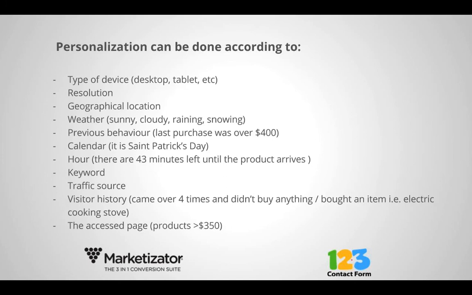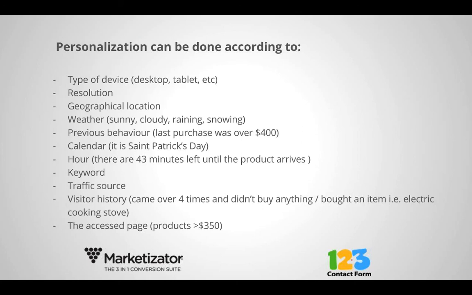There are many ways to personalize the experience of the visitor. You can use the type of device, the resolution, the geolocation. You can even use the weather. In Marketizator, you can use the weather conditions so that you can use the context, because the context is affecting your emotional state and your emotions are generating new actions. You can also use the previous behavior, the calendar, the hour, like buy this in 43 minutes to get it